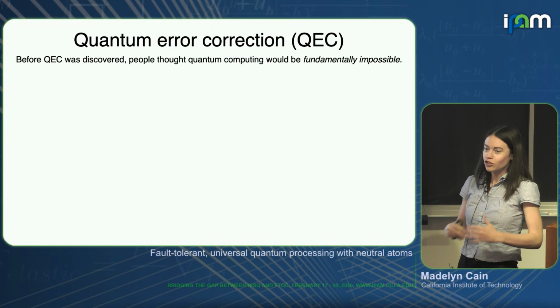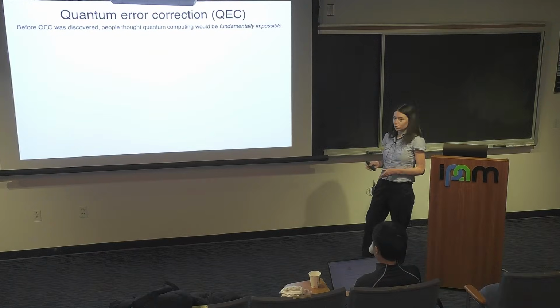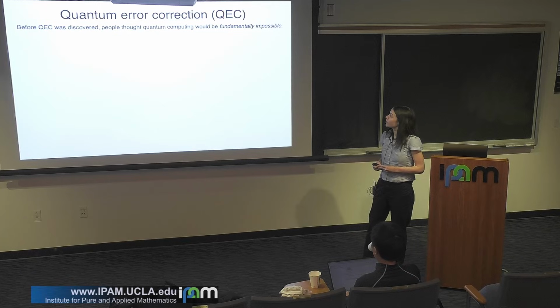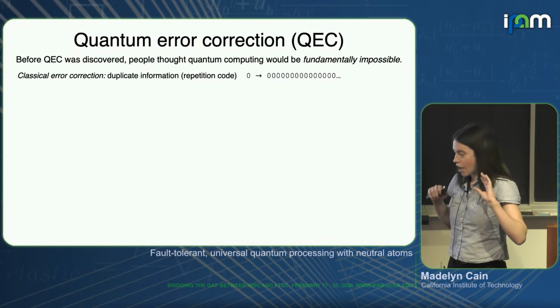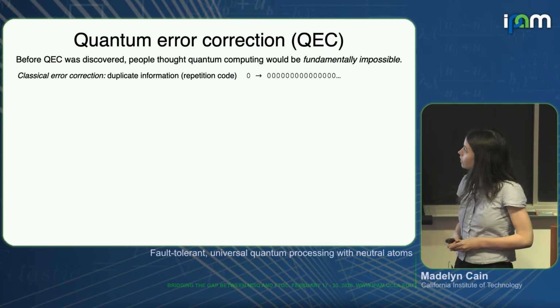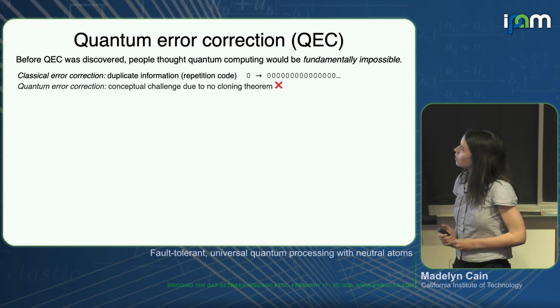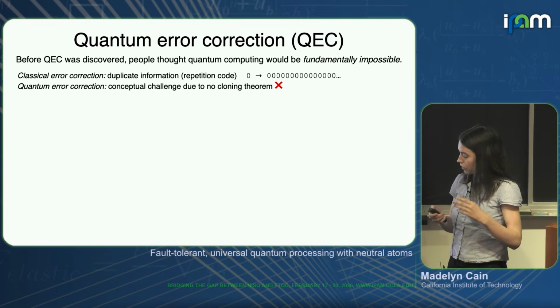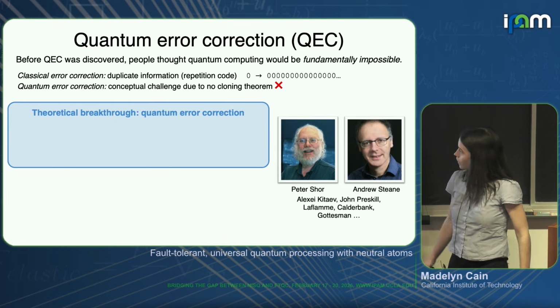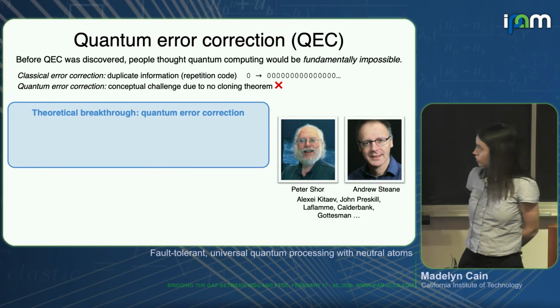So quantum error correction is so fundamental to the field that before it was discovered, many people were not convinced that quantum computing could become a practical reality. And initially, it wasn't even clear that quantum error correction would be possible. This is because it has to work in a way that's really fundamentally different than classical error correction. In classical error correction, we imagine protecting information via redundancy, such as a repetition code. But this is really a no-go in the quantum setting due to the no-cloning theorem, which states that you can't copy quantum information. And so it was really a theoretical breakthrough in the early 2000s that showed that indeed quantum error correction was possible.